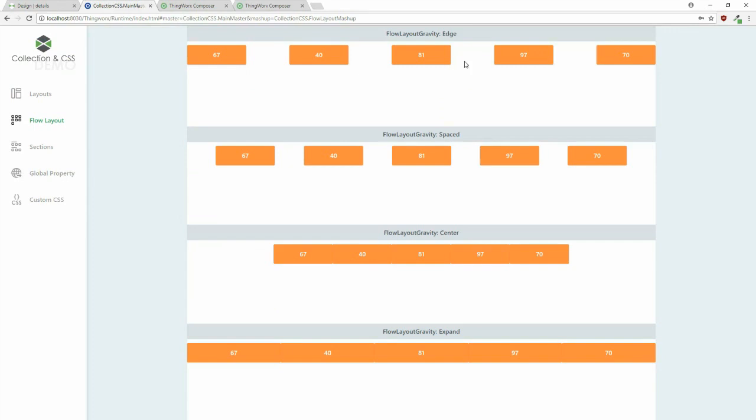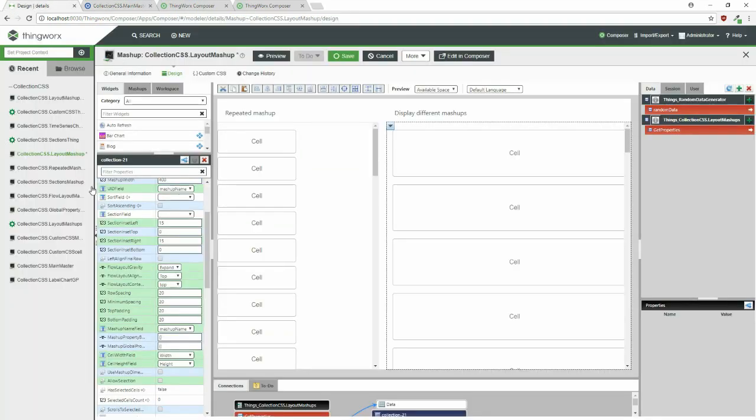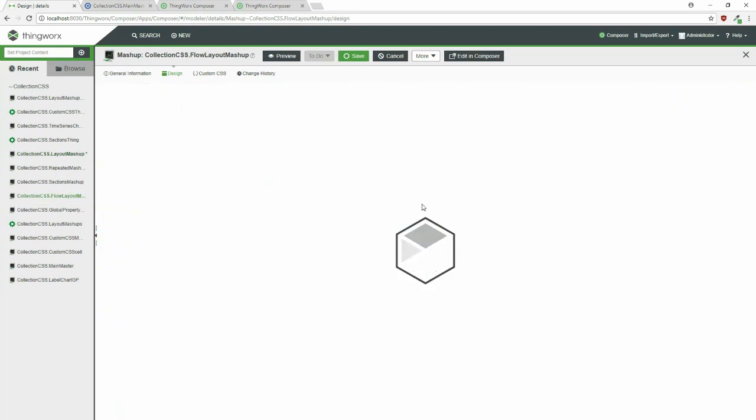So you have 4 different types. They are edge, space, center, and expand. And let's start with edge. Edge will display the cells at the size that I defined them. Actually, let's go into the flow layout mashup where I have that mashup,